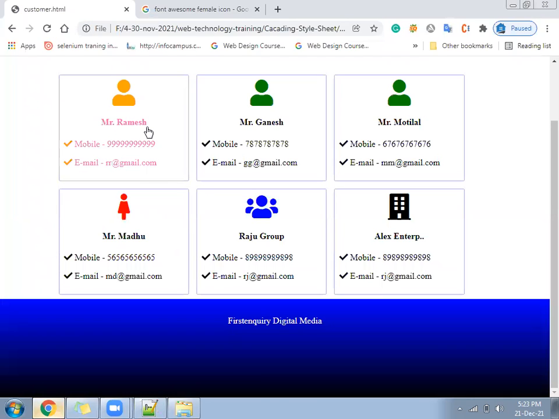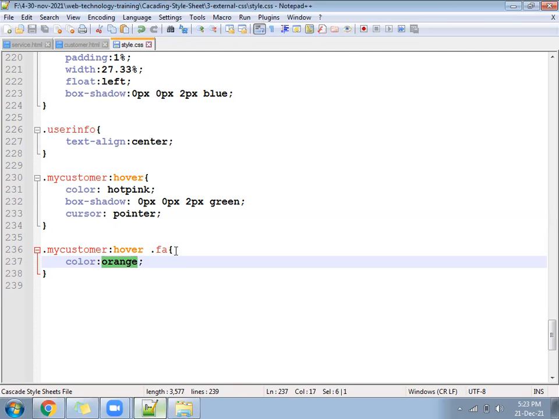See, when we went inside, text converted into pink and the icon became orange. We can write the size also. If you write I, then all I will be affected. Here, through I also you can write. Under that, if there is an I tag, it will be green.